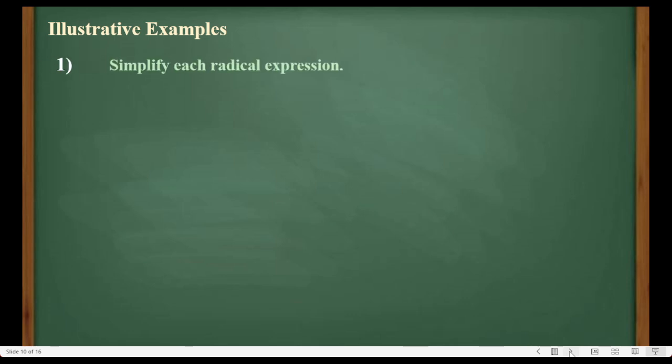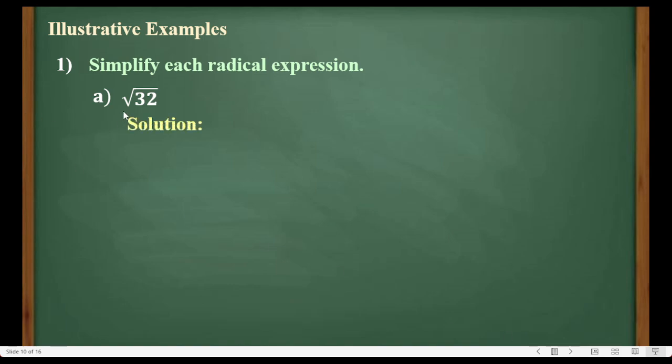Now let us go to the next slide. And this time, applying those previous laws from the previous slides, let us now consider this set of illustrative examples. We have number 1, simplify each radical expression. The square root of 32. Now you will notice that the radicand here is not a perfect square, but we could still simplify this by